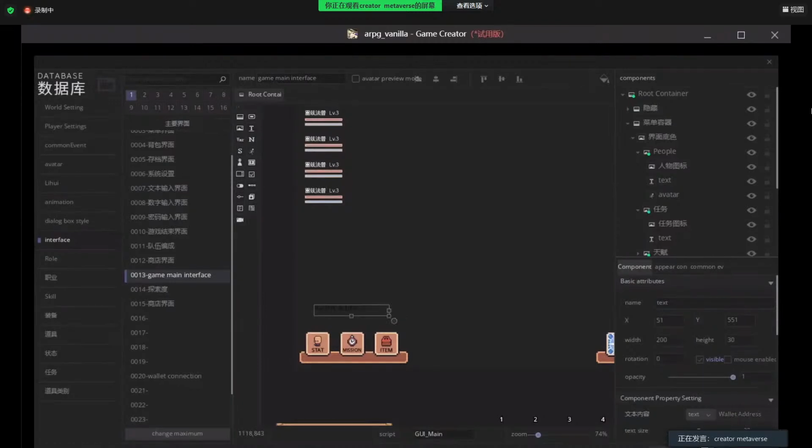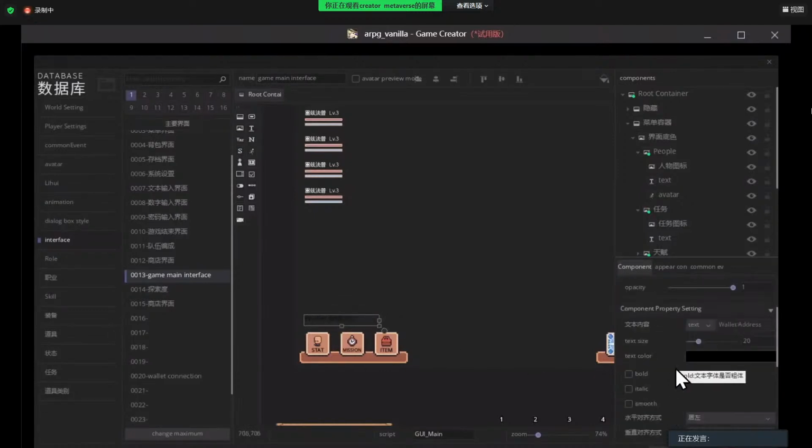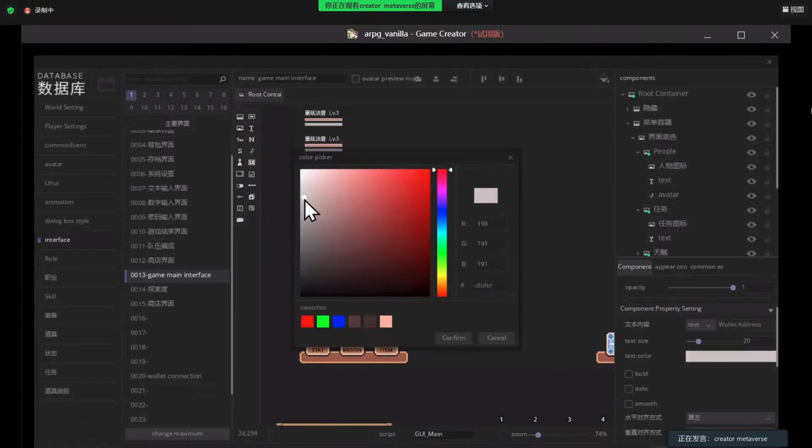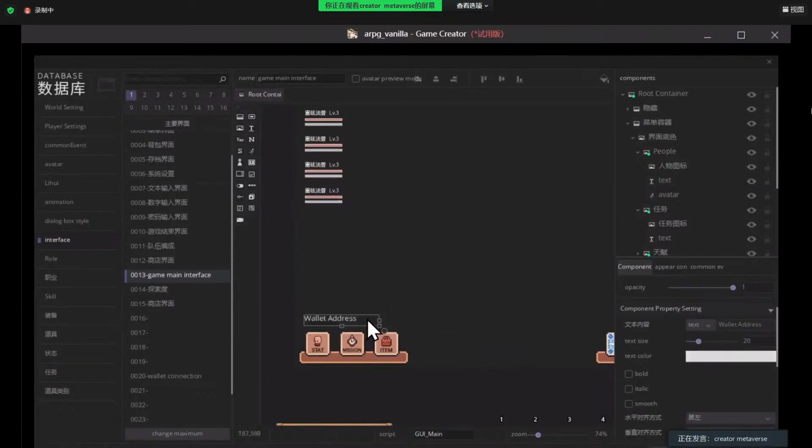Make it a little bit bigger. And text color, let's do it in white. All right. That's the static text.